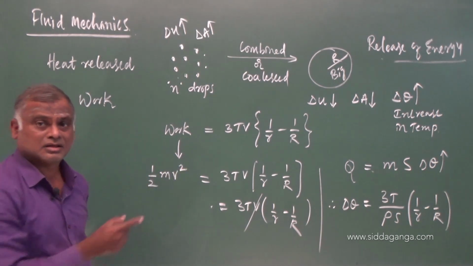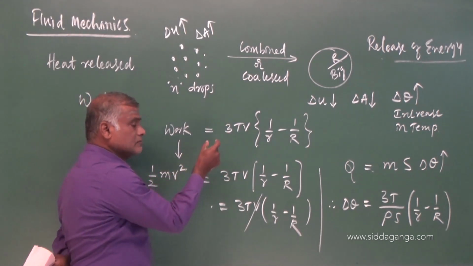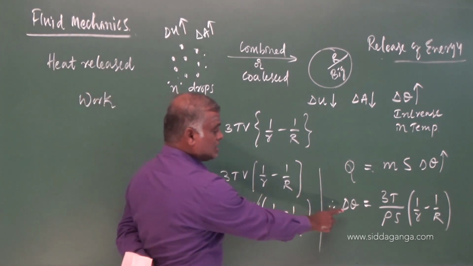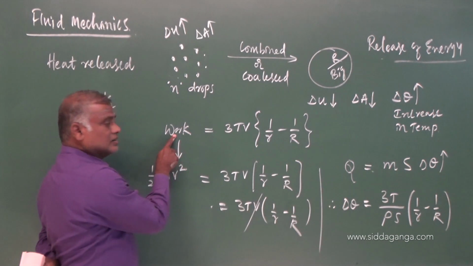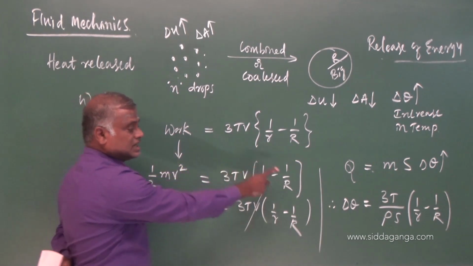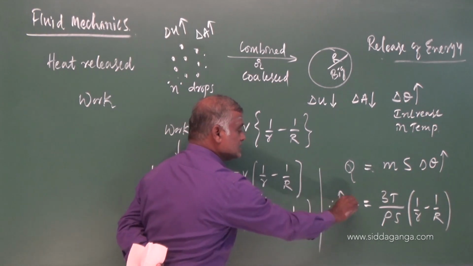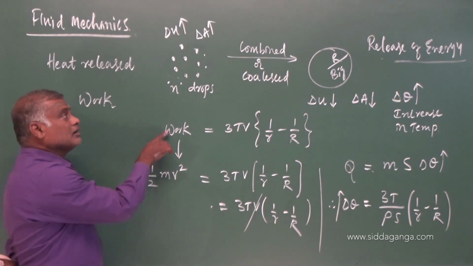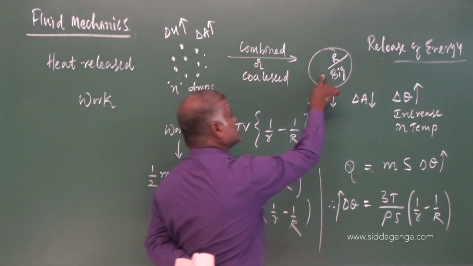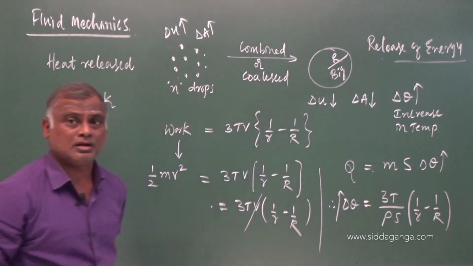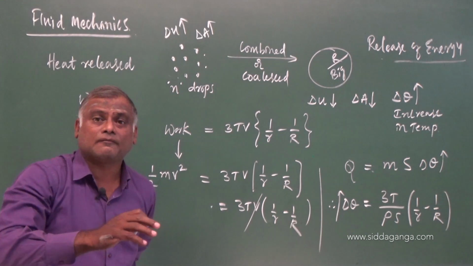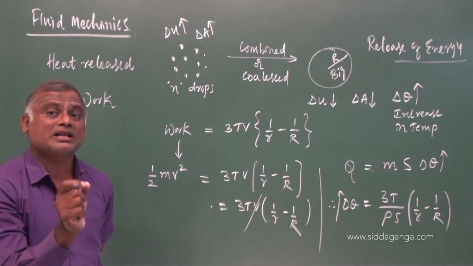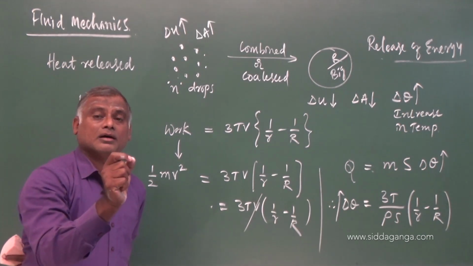My dear students, the same question will be set in a different way. The concept is the same, the way of asking differs. One, the work done, we have proved that. Second, the increase in temperature, the rise in temperature. One is proved. The other one is, combining n drops into a big drop, there is a release of energy, and that released energy is utilized for some purpose, that is to increase the kinetic energy. They are asking what is the velocity of the drops.